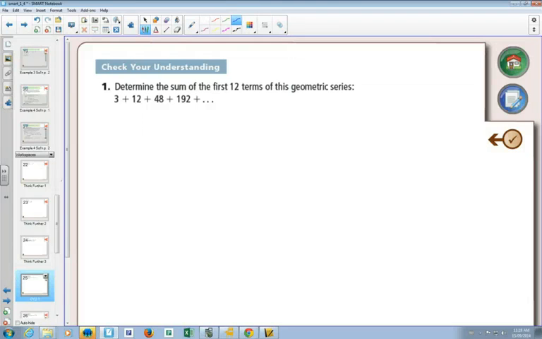We see the word sum, so that makes us think to our formula sheet to use one of our sum formulas. Now on your formula sheet there are 3 sum formulas. Well, there's going to be 4, but 3 that we've learned so far. 2 of them are arithmetic, and 1 of them is geometric. So when you see geometric, you know that you're going to have to use